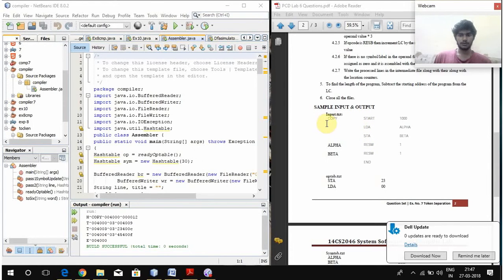For that we are going to give 1000 as the starting address here, and then we are going to increment it by 3, and then we need a location counter for entering the location address for this software. And then one more thing, we need an assembler pass for this. We can use a single pass assembler for this because it doesn't know the alpha and beta, and we are using the same alpha beta over here. So what we are going to do is build a single pass assembler over here,